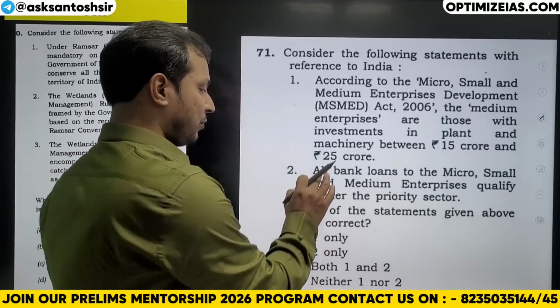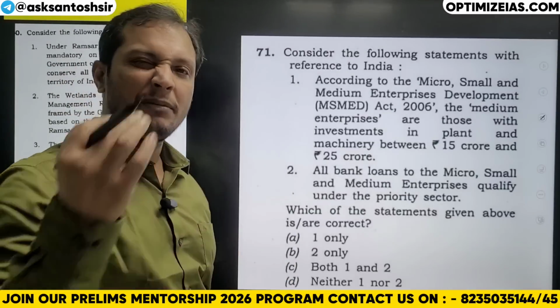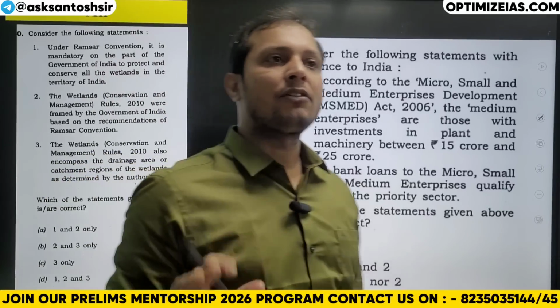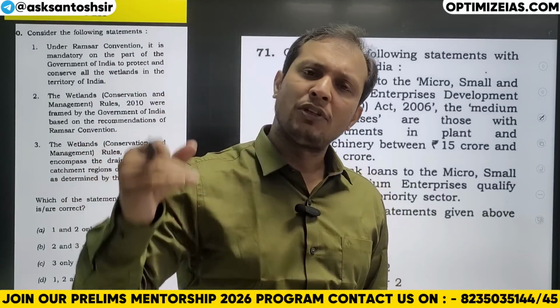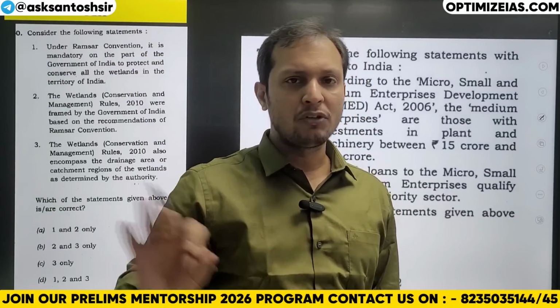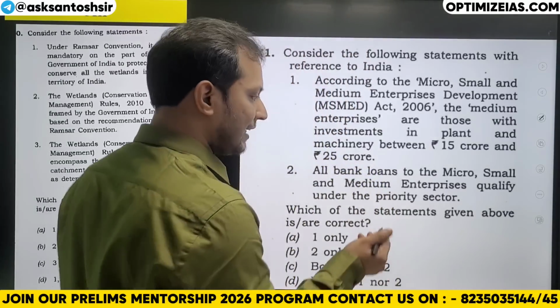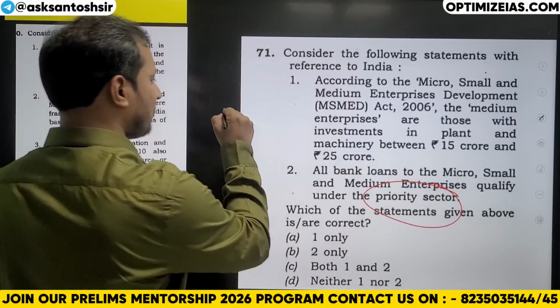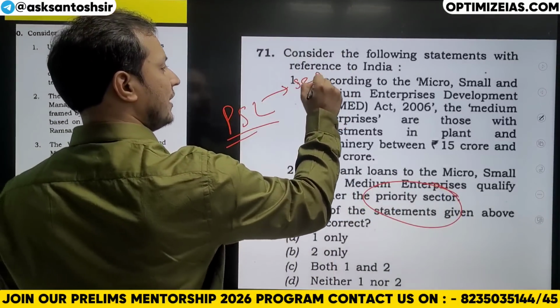Why is this incorrect? So guys, you have to have a little bit of knowledge. If you think that no knowledge is required, and that just by blindly following the elimination technique you are going to qualify the exam, this is not going to happen. You have to have some basic knowledge. What is the basic knowledge, guys? Priority sector lending. What is priority sector lending? Priority sector lendings are those sectors where banks